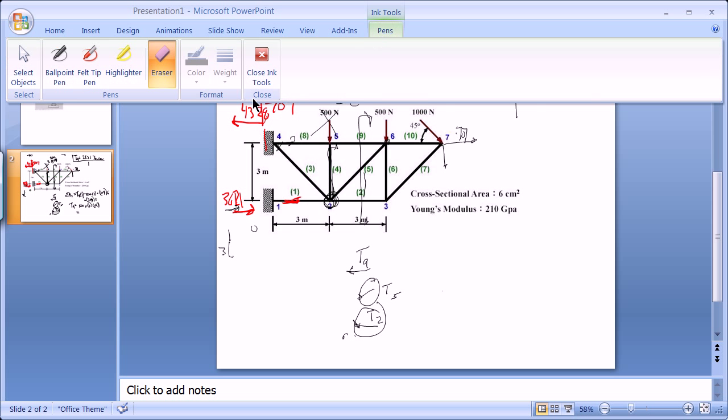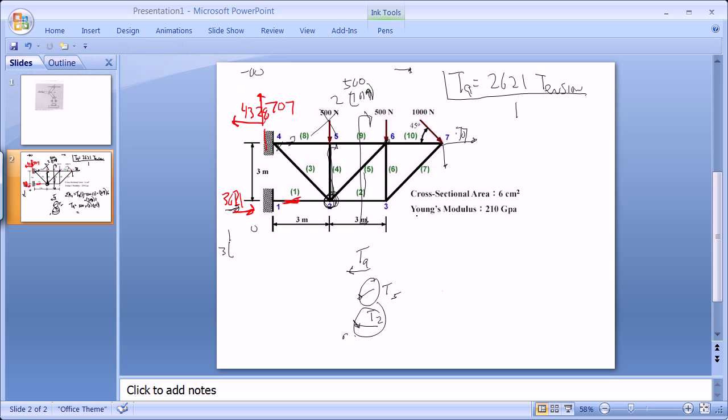And doing that, the sum of the moments about point 6 were right here. Again, even though we're cutting it there, we're summing the moments about point 6. This 500 falls out. What do we have now? Well, once again, we have the 707 spinning in a negative direction 3 meters away. This one goes all the way through that, so that's the only spin we have